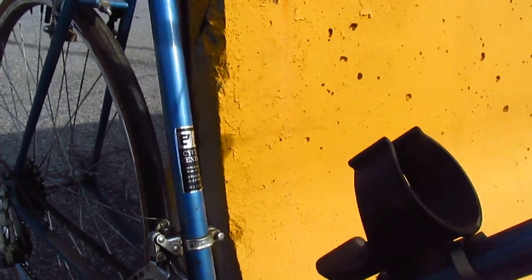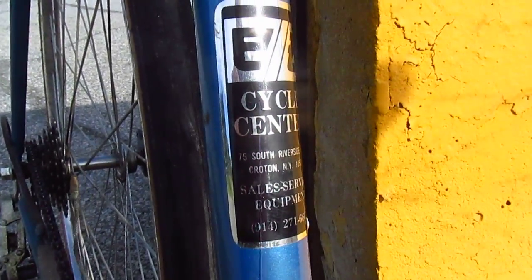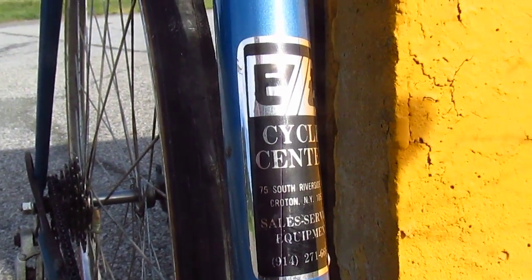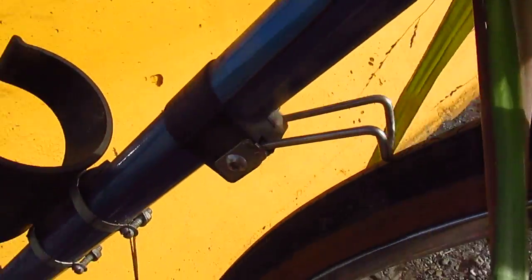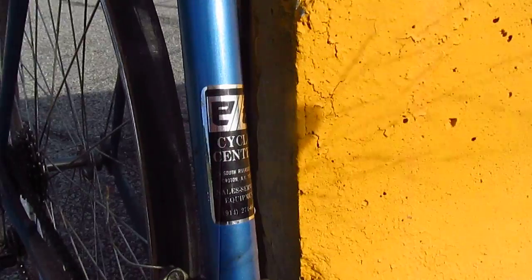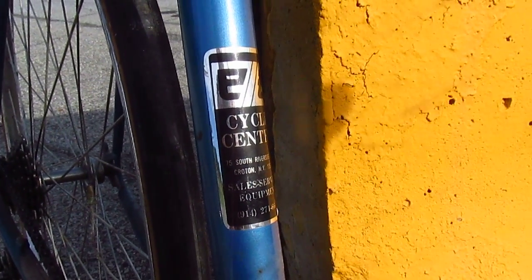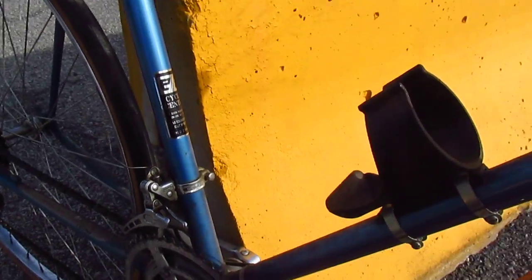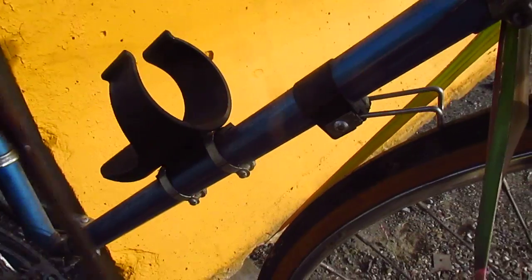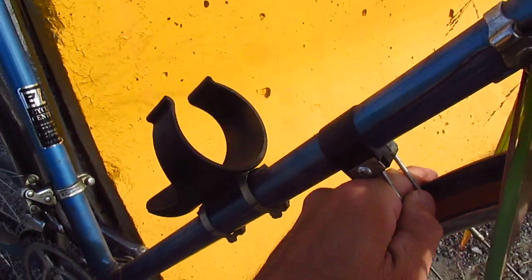So this bike originally came from the ET Cycle Center of Croton, New York. I don't know if that's still there. If it is, go there and buy a bike. Actually, did it come from the ET Cycle Center? I can't imagine they sold Royce Unions at a bike shop. It's kind of a crappy department store bike. So maybe it was just repaired there. Maybe they brought it there to have the handlebar tape put on it. It's got one of these little things to keep the front wheel from...